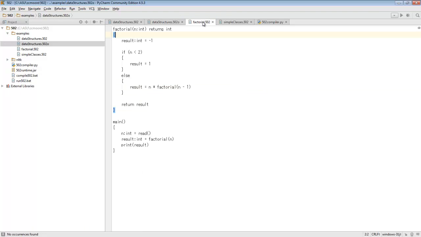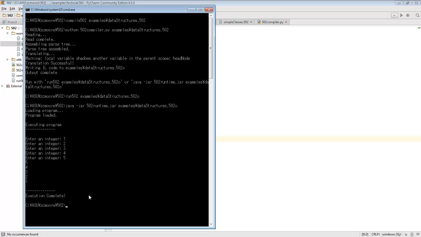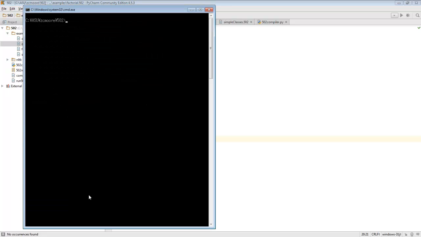I've also defined a recursive example. Here is the classic factorial example. It accepts a single integer argument and then calculates the factorial recursively. Our main method in this asks the user for an integer and then computes the factorial of that integer and prints the result. If we go to our command line, we can once again type compile 502,